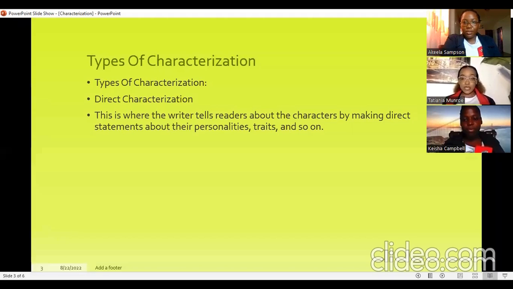Here's the second one, and you should be able to guess this one. I'll use Jane again. So if Mark is in class and he sees Jane enter, he starts to tell Kobe that when Jane walks in the room, nobody could help but look at her stunning, gorgeous face. She commanded attention wherever she went due to her good looks, right?